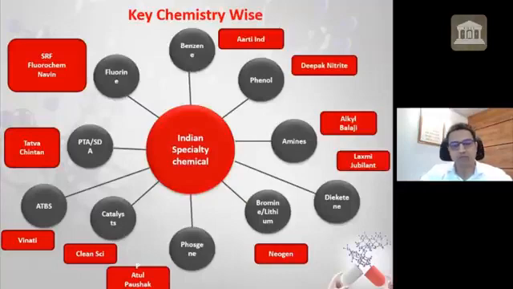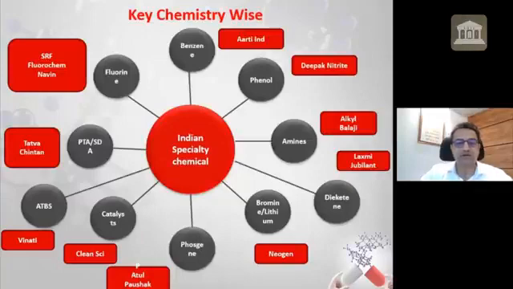So just to give some pointers, fluorination is the most cleaner chemistry. So a lot of applications are actually moving to fluorination now. And the opportunity size of fluorination is also pretty large. Phosgenation is again another cleaner chemistry. Multiple opportunities are there in phosgenation. Neogen is working on multiple long-term contracts in bromination.